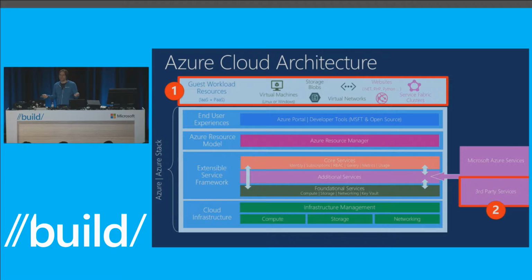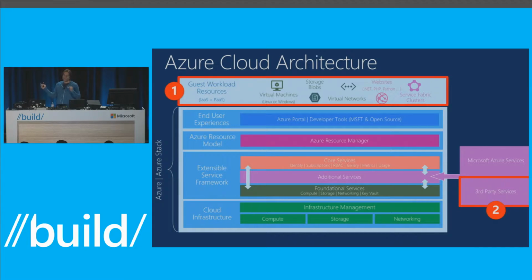So as a developer, you really have two entry points here. One is you could be developing an application that runs on top of Azure. So you're just using the Azure application model, developing your app and putting it in Azure to run. And that's probably 99% of this audience. And then you can also develop an extension. You can develop a service, a resource provider, that can participate in this ecosystem and extend Azure or extend Azure Stack with an additional service that others can consume in a multi-tenant manner, right?